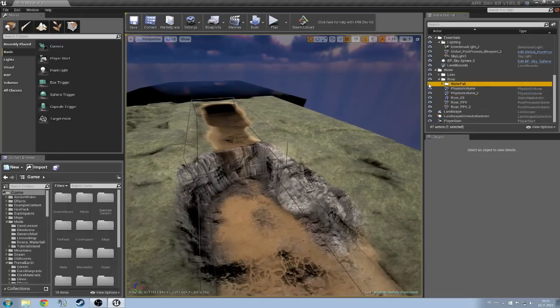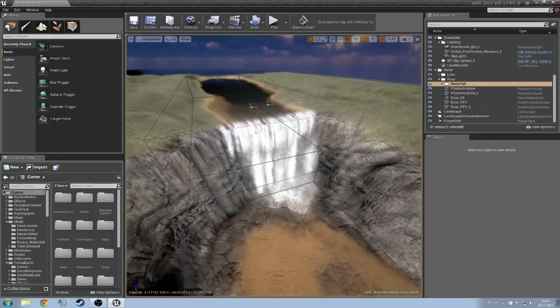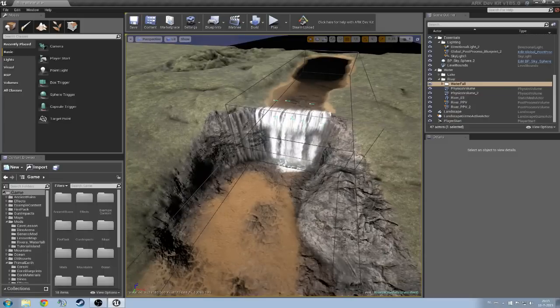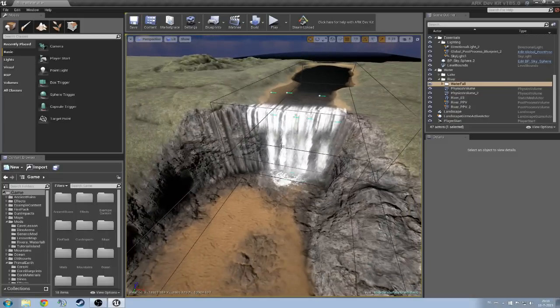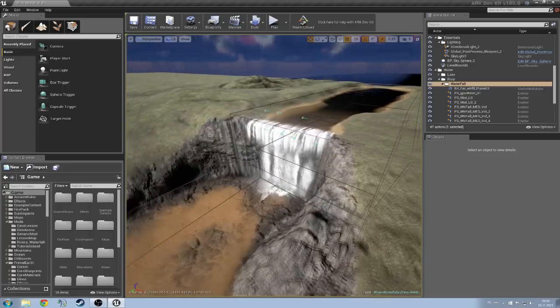So now we're going to move over to the waterfall. As you can see, the waterfall looks pretty pimp. I mean, it's just awesome to have them in the game, but they require a certain amount of things. So to quickly break it down,